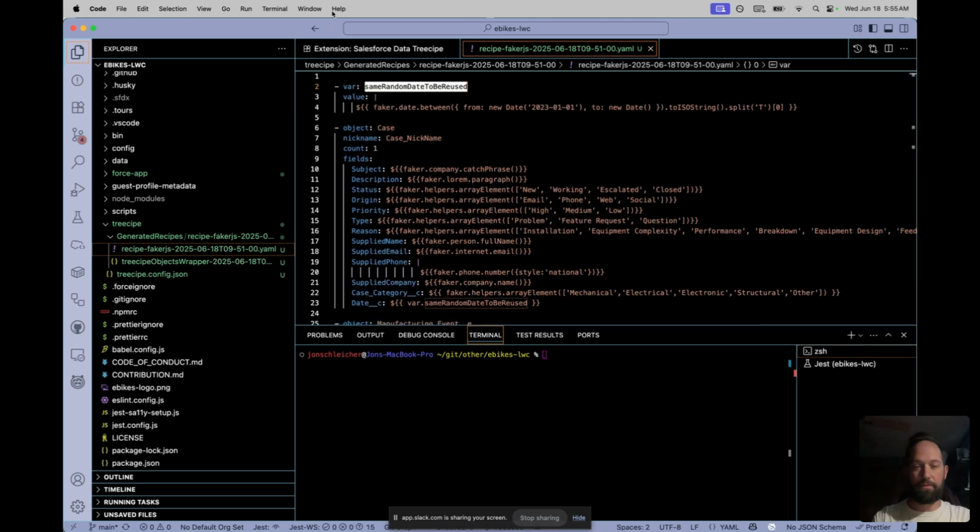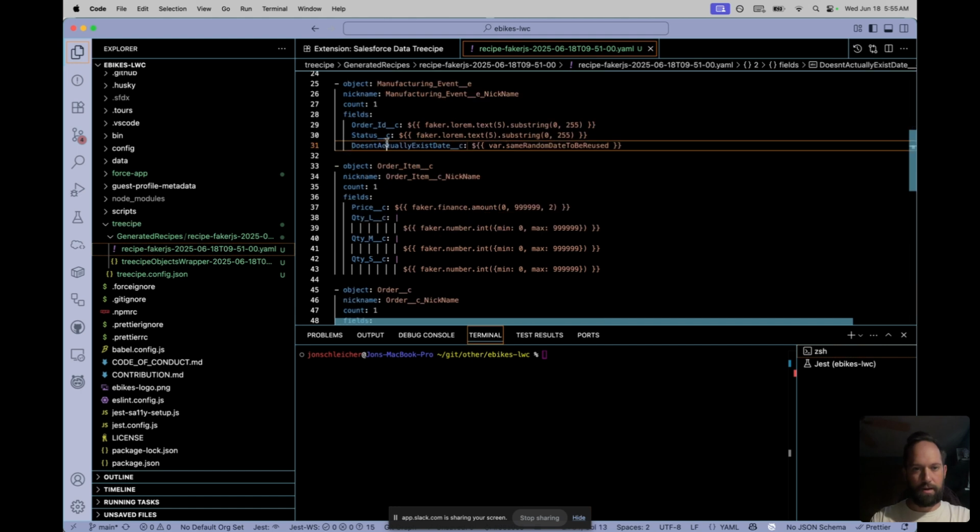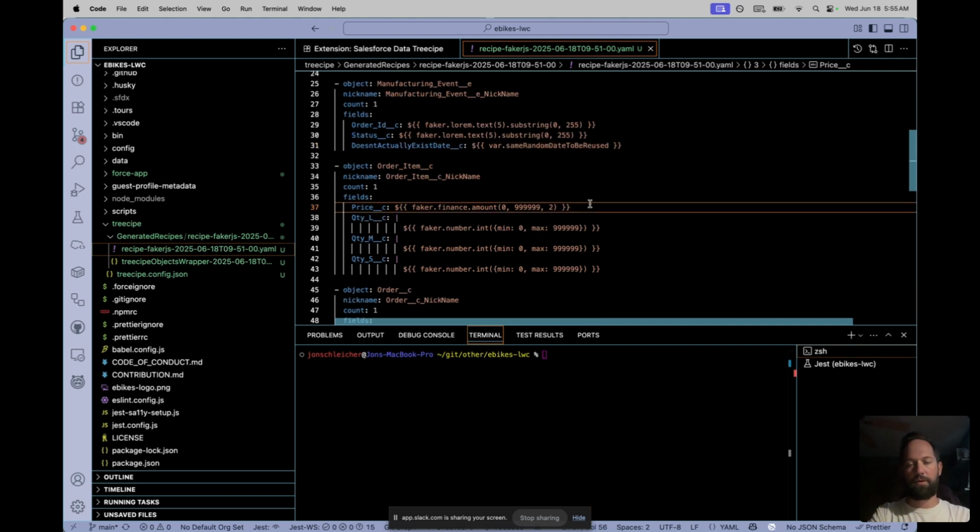I want to generate a fake date, but reuse that same date in multiple fields. In some object structures, you might have a date that should be the same across different fields or different objects. So we have this variable reuse here, and we use it one more time here. So what I'm going to do is run the faker,